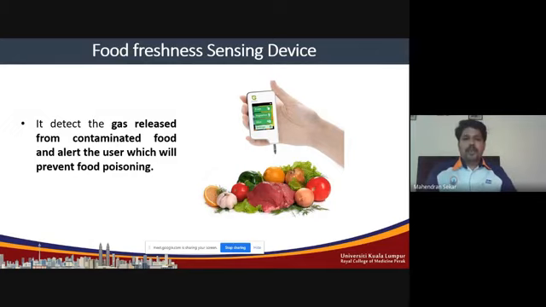Engineering people know how to make a device, but they don't have an idea what type of device they can prepare. So as pharmacists, we need to give ideas to the engineers, and with their help we can come up with a new device. Similarly, like mobile apps, nowadays so many apps are available for patient care. This is not done only by the pharmacist. So interdisciplinary collaboration is very, very important.